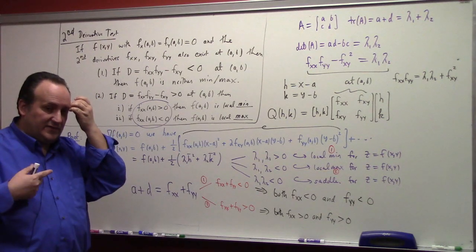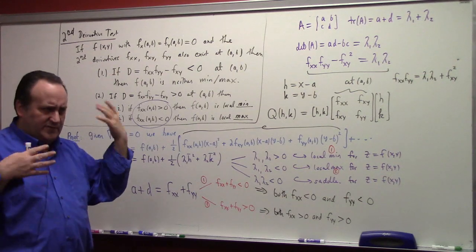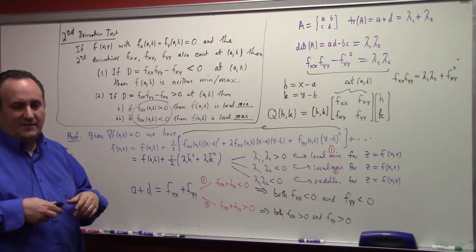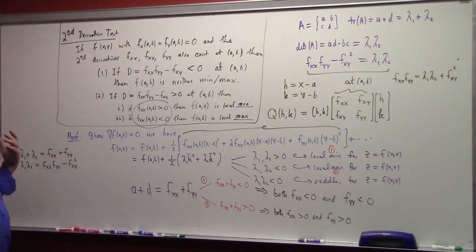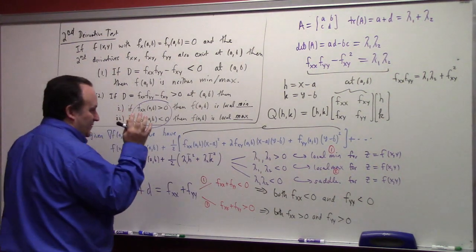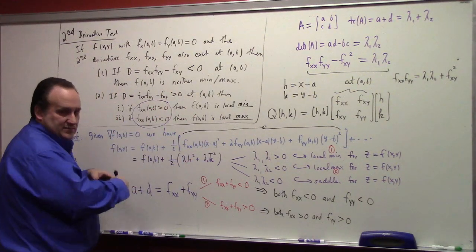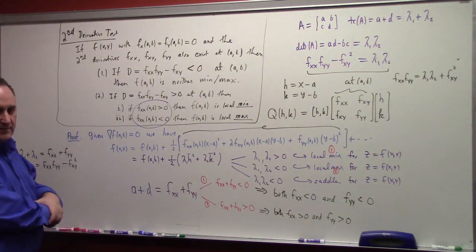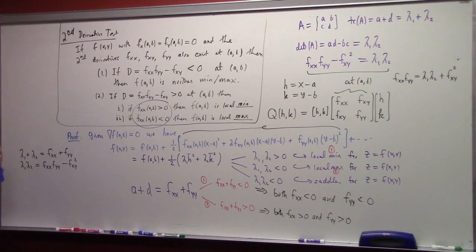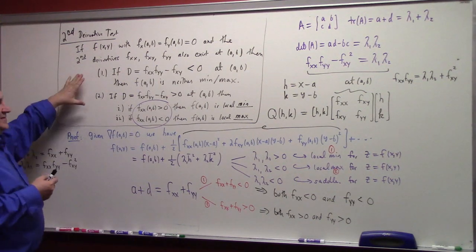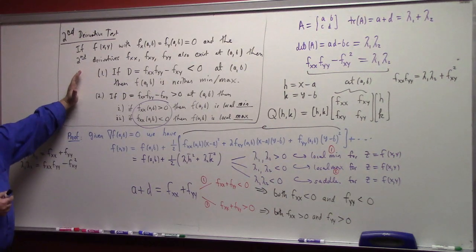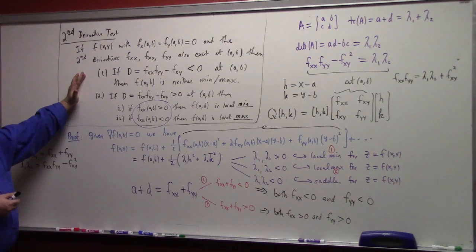So there is a way to get at this theorem without using the full force of multivariate power series or anything, but I find this proof to be most natural. It's just the statement that the quadratic form is dominating, and how does the quadratic form behave? Well, we look at the eigenvalues and it reveals everything. It just so happens that for functions of 2 variables, this formula is something we can share with students, right? It's not bad. For functions of 3 variables, you won't find a 3-variable second derivative test written in a calculus book,